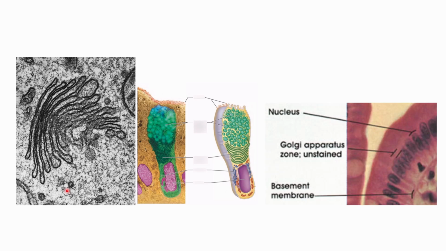So again, it is usually seen in cells which produce a lot of things that need to be packed and sorted so that it can be secreted outside. Okay? So one good example would be your goblet cell or your mucus cell that is usually seen in tissues that secrete stuff. And apparently, it's usually located in between the nucleus and the secretion. Okay, so this part would be the area where there is Golgi apparatus. Again, you're just assuming this, and there are better ways to specifically label the Golgi apparatus.